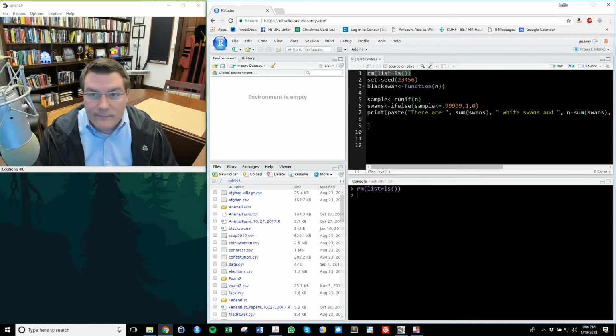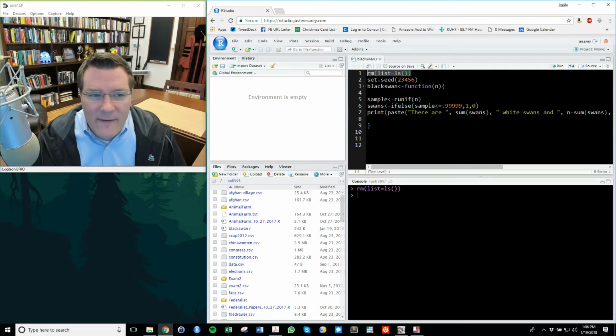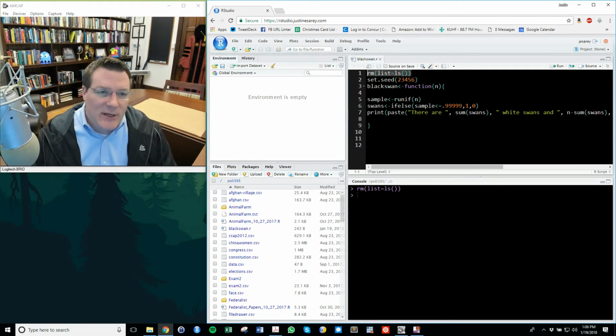You go out, gather a lot of data, look at a lot of swans from all over the place, and then use the data you've collected to generalize to the larger group of all swans, including the ones you haven't looked at, and maybe even future swans that you couldn't possibly have seen yet because they don't exist yet. And so you collect a lot of data, and then you use that to essentially conclude whether there can be any black swans.